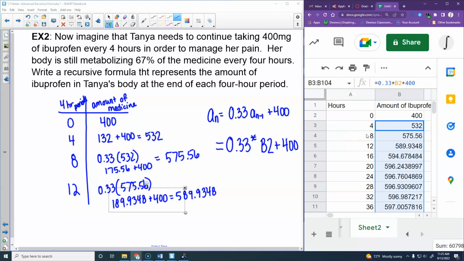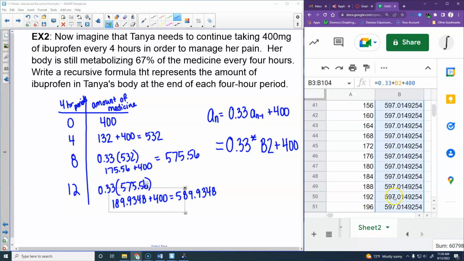But so what happens here for the situation is over time that medicine does not skyrocket, right? She is not a drug addict. She is not going to have 12,000 milligrams of ibuprofen in her system if she just keeps doing this. It stabilizes. It's around 197, and it just kind of stabilizes there. There's a lot of medicines that this is how they intend to work. So now ibuprofen, it's going to have a warning on the bottle that tells you don't do this for more than a week or something like that. Because if you took ibuprofen like this,